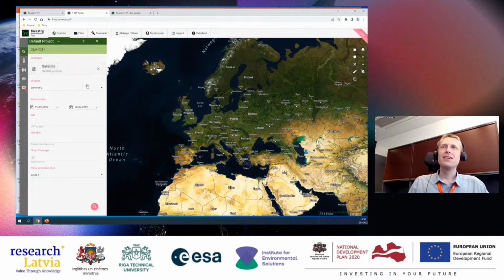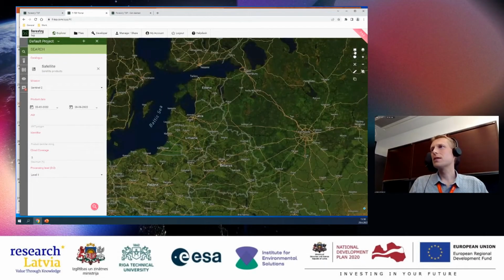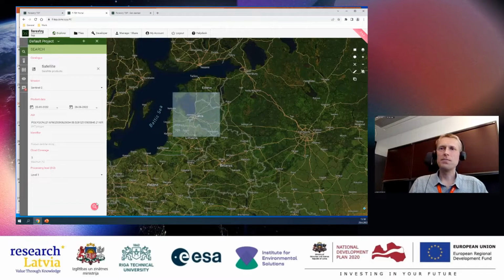And if you want to search, you can then choose the sensor, for example, Sentinel-2. You can choose the dates here and the cloud coverage, and you need to choose the level. And of course, most importantly, you need to use this polygon tool now to choose an area.